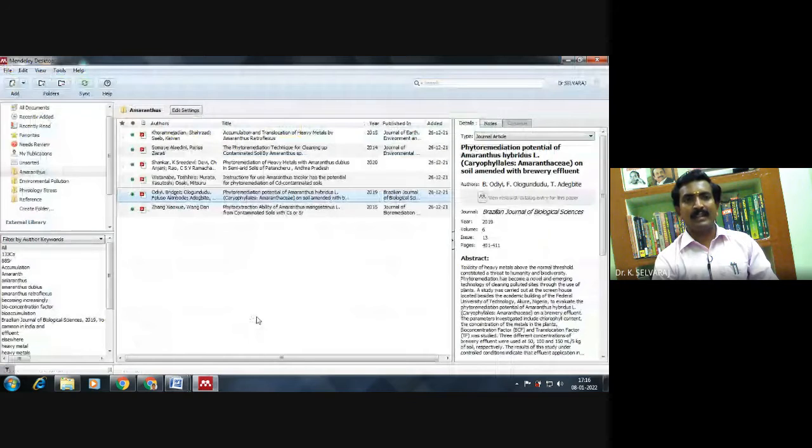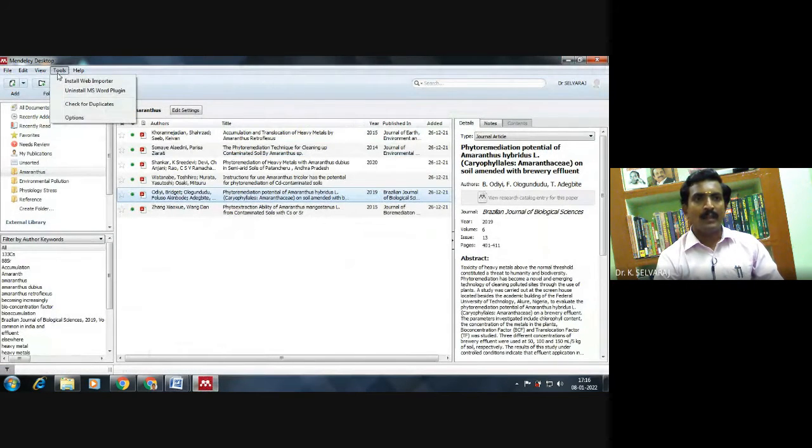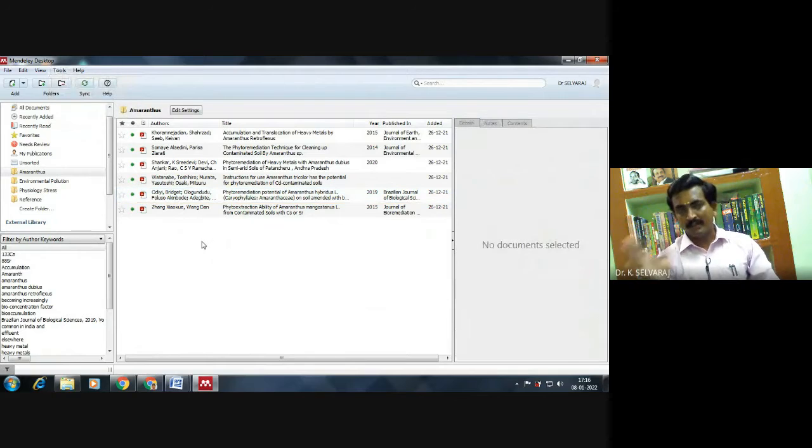It is just a simple method. In the Mendeley software, there is a toolbox. In the toolbox, you install the MS Word plugin. After the installation of Mendeley on your desktop, you just go to the toolbox and install the MS Word plugin. Here I already installed it, so it shows the option to uninstall the MS Word plugin.